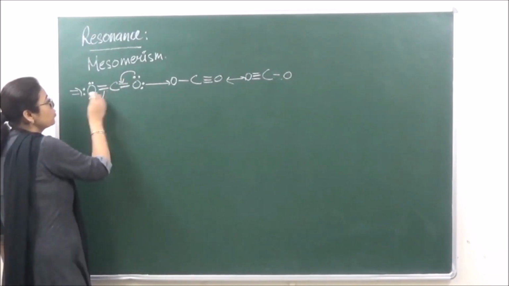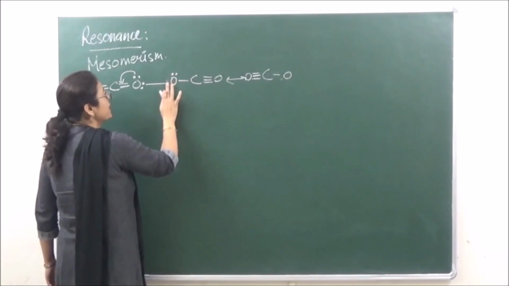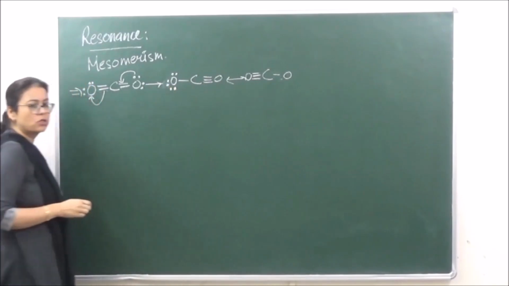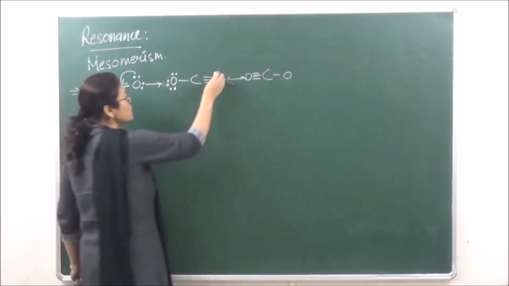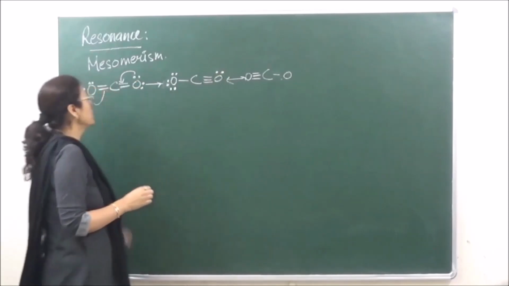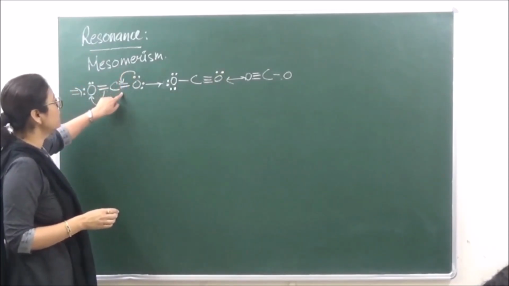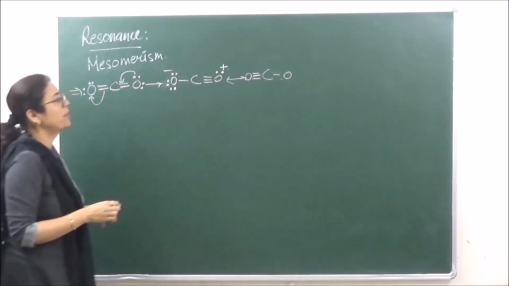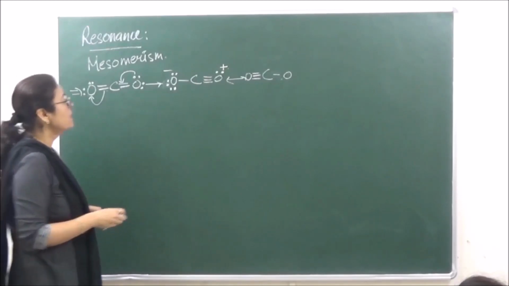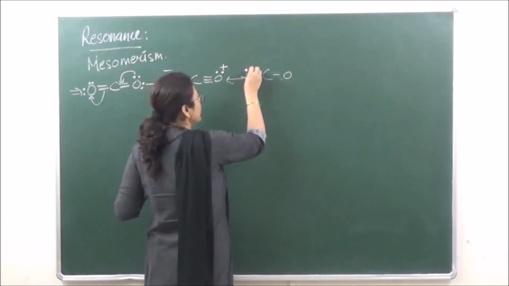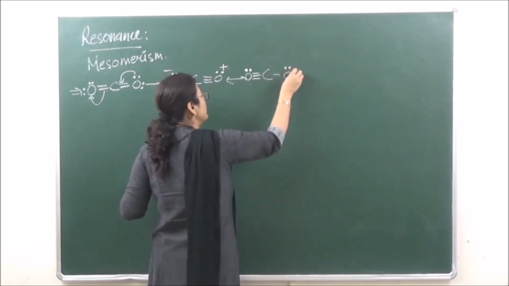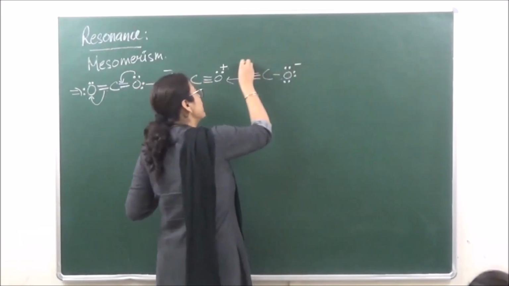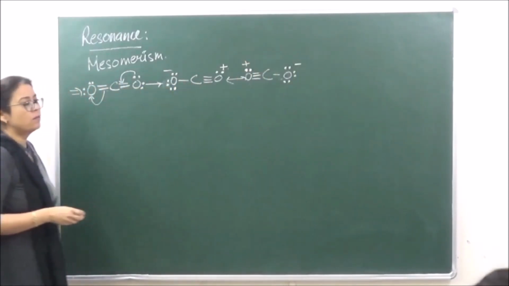अब यहाँ से ये shift हो गया, so how many electrons should be there now on this oxygen? There should be 6 electrons present on this oxygen, ठीक है? And how many electrons there? Only 2 electrons on this oxygen. Now over here, from where the electron pair is shifting, that is going to get a positive charge, and the other one is going to get a negative charge. Okay. Similarly, when we are looking at this structure, it has two lone pairs of electrons over here, and it has 6 electrons on oxygen. Therefore, this oxygen is going to get a negative charge, and this is going to get a positive charge.